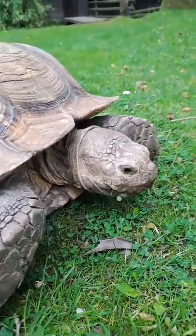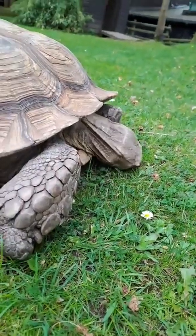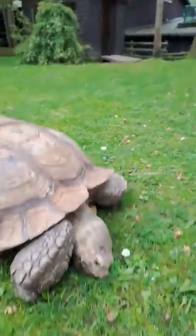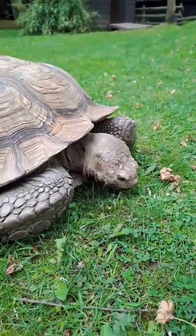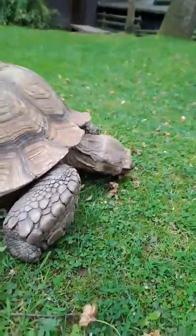Cattle are being grazed in bigger and bigger areas, and that leaves less habitat and food and resources for the tortoises. But then the illegal side of the pet trade is also an issue with individuals being taken from the wild. So there are actually more of these tortoises living in captivity than there are in the wild